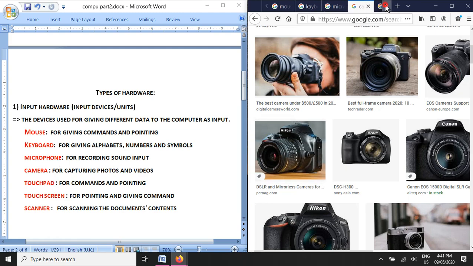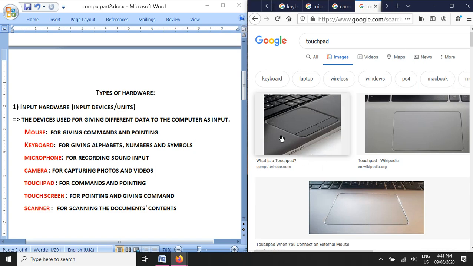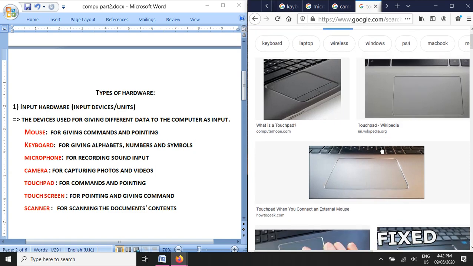So after that we have the touchpad. So touchpad is another input device that is generally found in laptops. You can see just below the keyboard in laptops there is a rectangular surface. On the surface, if you just put your finger and move it over there, the mouse cursor will start moving. So touchpad is also an input device that is used as an option for the mouse.